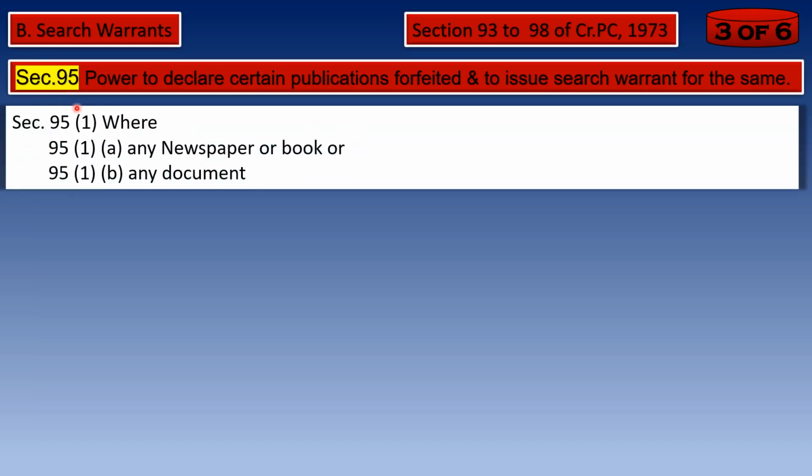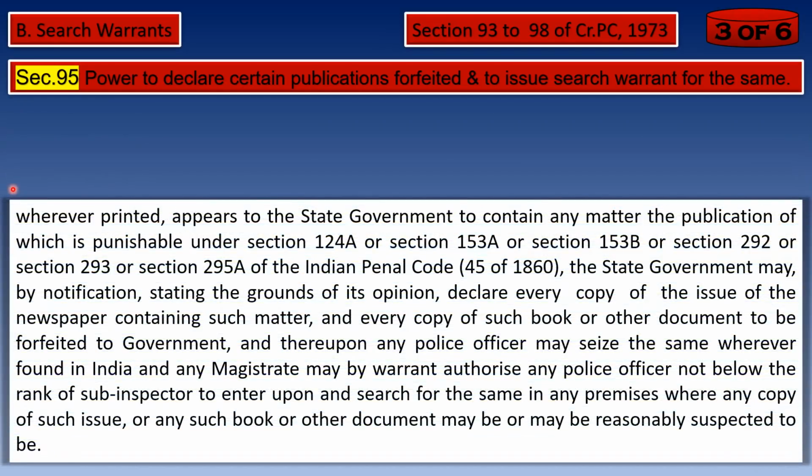Subsection 1 of section 95 says where any newspaper or book as per clause A and any document as per clause B, wherever printed, appears to the state government to contain any matter the publication of which is punishable under the Indian Penal Code, the state government may, by notification stating the grounds of its opinion, declare every copy of the issue of the newspaper containing such matter and every copy of such book or other document to be forfeited